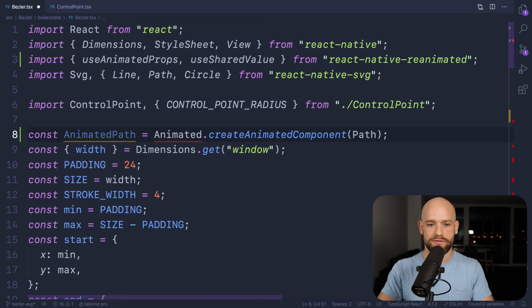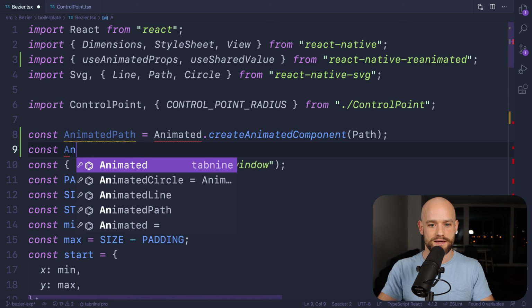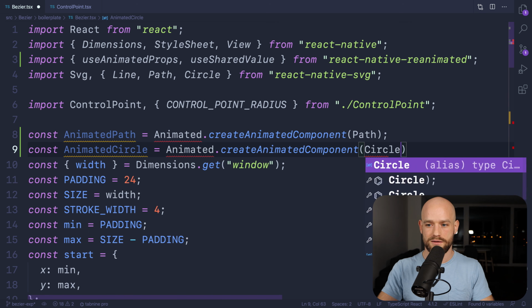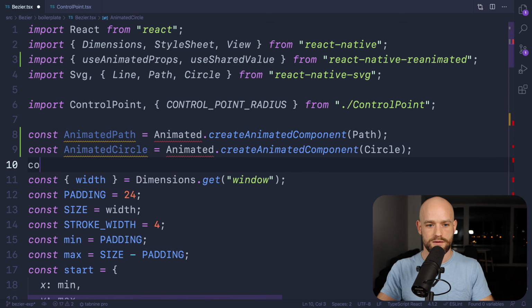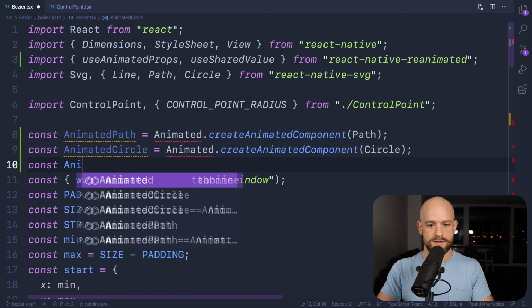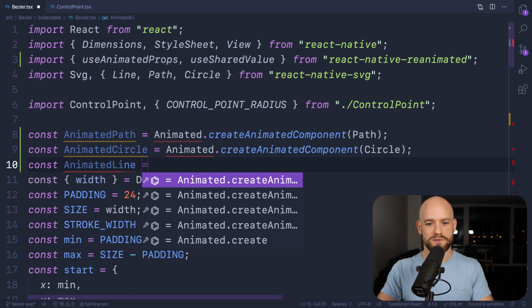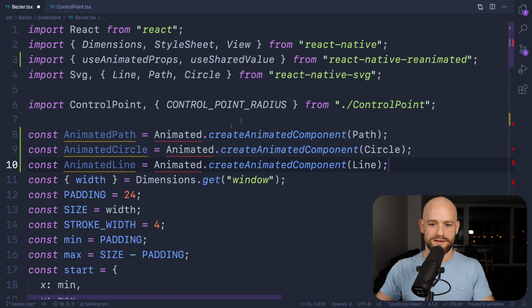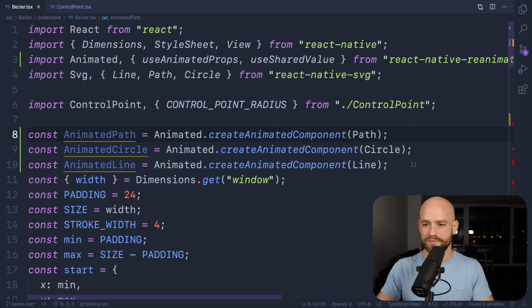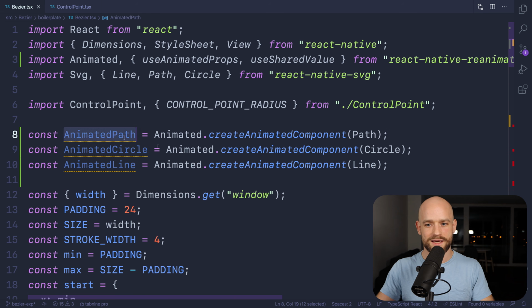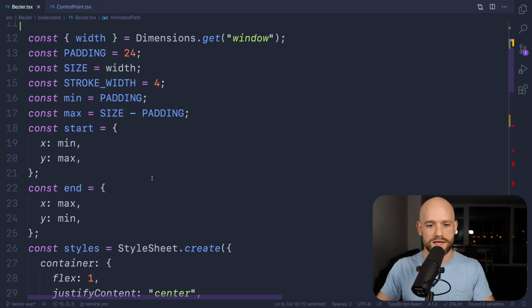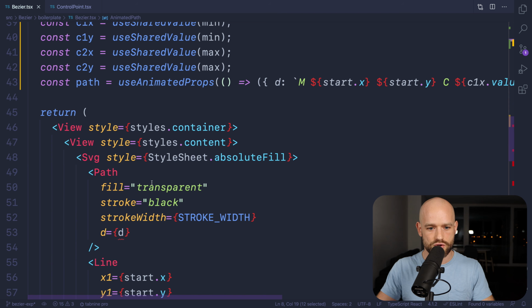So we have path, animated circle, and animated, no, I was trying to see if you would get auto-completed, but no, animated line. Up. So again, here I'm using the Type 9 plugin for this nice auto-completion. I'm really enjoying it. So path, so here we have, so this becomes animated path, and here we can do